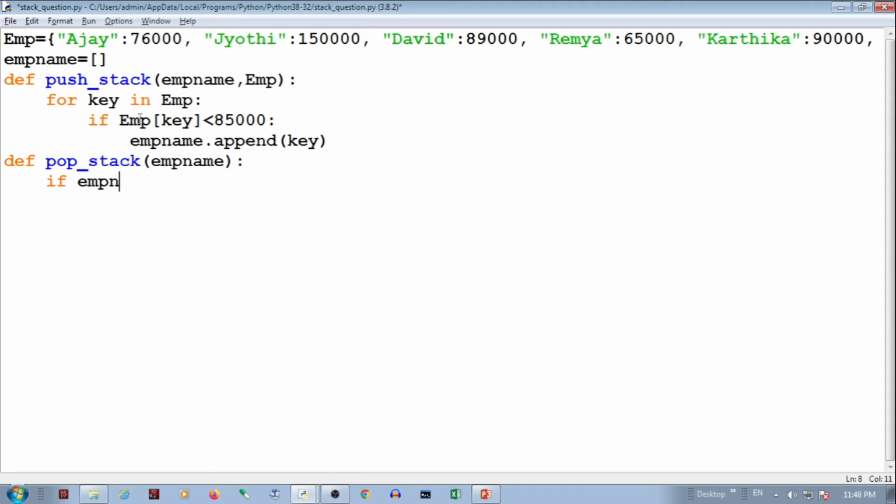If emp name equal empty, then print stack underflow. Else we need to do else